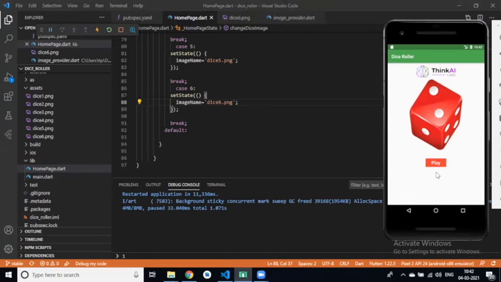So is our application finished or is something remaining? Yes, Roshan, our application is finished. We have created the dice roller, right? Hopefully it's finished. In this project, we have learned how we can use our asset image in a Flutter app, how to use network image, then set state, and how we can perform the random function in our Flutter project. Right? Yes. Is it easy?